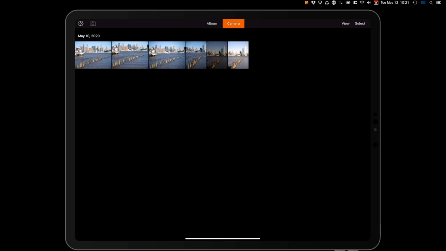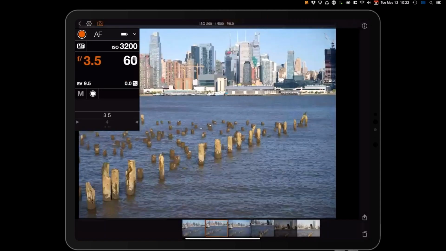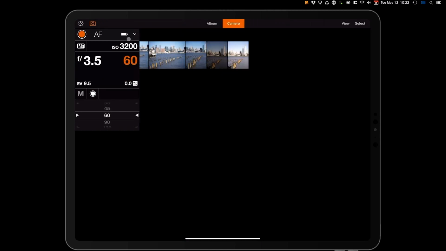Moving over, I have my camera control window, and you can see here that the design language and the user interface is very much familiar to anyone who's used the X1D, and it uses the same kind of tap and scroll architecture. So in this case, you can easily adjust the exposure remotely. I'm in manual mode as indicated by the little M down there. And of course, I can change my metering mode from center to spot to center spot. If I were in an automated mode, so let me switch over to aperture priority, I can of course dial in my exposure compensation. Switching back to manual, I have aperture and shutter speed. Sorry about that, let's collapse that.